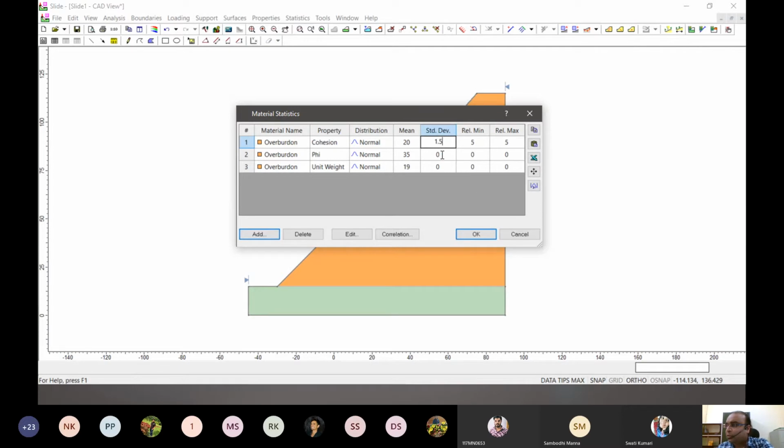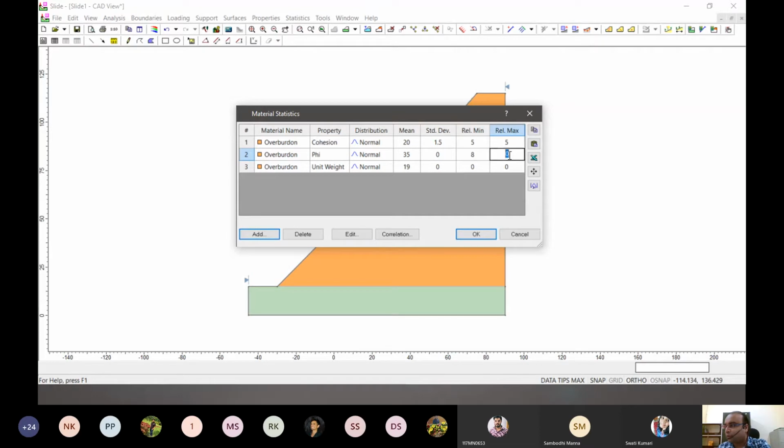We will do the same for phi. So phi is 30, 35. It can vary from 28 to, in a very worst condition, we can even go to 40, 42. So a variation of maybe 7 or 8 is there. So let's vary it from -8 to +8.